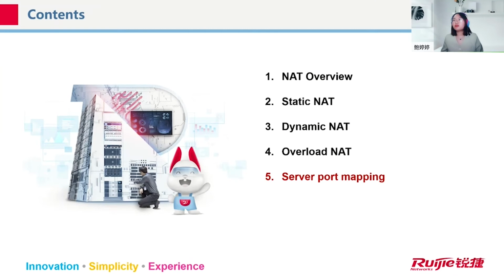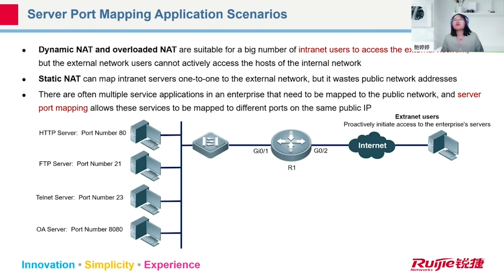And the next one is server port mapping. This will also be used in a special scenario. For example, in your company, you have lots of servers like HTTP, FTP, Telnet server, and OA server. These servers may be located in your firewall zone and get private IP addresses. But maybe your employees or some users want to visit these servers. They cannot directly enter the private IP address. They cannot visit successfully. So for these servers, we also have to provide one public IP address for the user